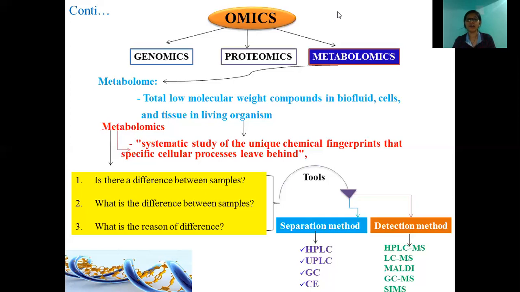So I hope you understand all about genomics, proteomics, and metabolomics, what they mean, and what different tools or techniques are used for the identification of DNA sequences, transcript abundance, protein complexes, the protein complement in a cell, and various kinds of metabolites. I hope you understand all this, and thank you so much.